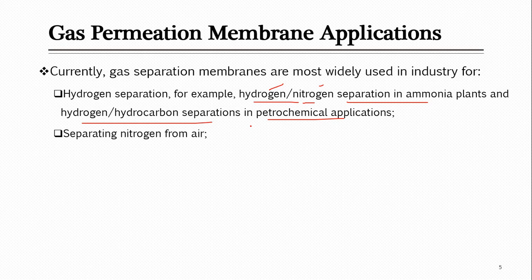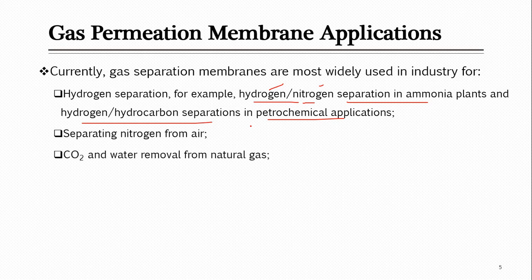And then the next major application of these membranes is separating nitrogen from air, in order to separate oxygen and nitrogen, which are major constituents of air. So membrane technology is used. As we talked about at the start, there is one technique, cryogenic distillation, but that needs very low temperature and is much costlier as compared to membranes. Membranes are cheap and a good selection for this separation.